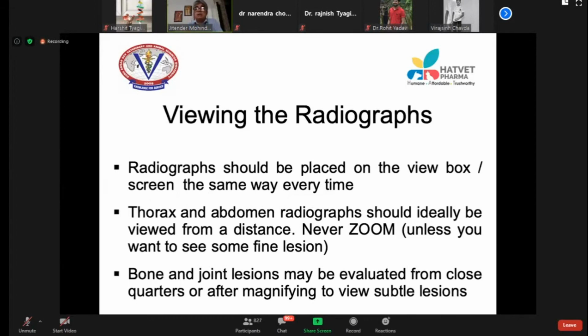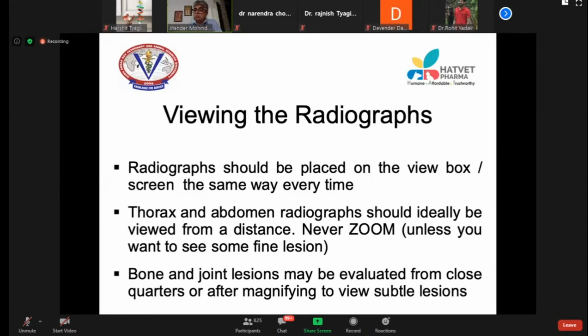But if you are interpreting bone or joint or lesions of bone, you can use a magnifying tool on your computer screen, or you can just zoom the radiograph to see the lesion. So always remember, bones and joints are viewed closely, while the thorax and abdomen are to be viewed from far away. Never view thorax and abdomen from close quarters. You are bound to make mistakes.